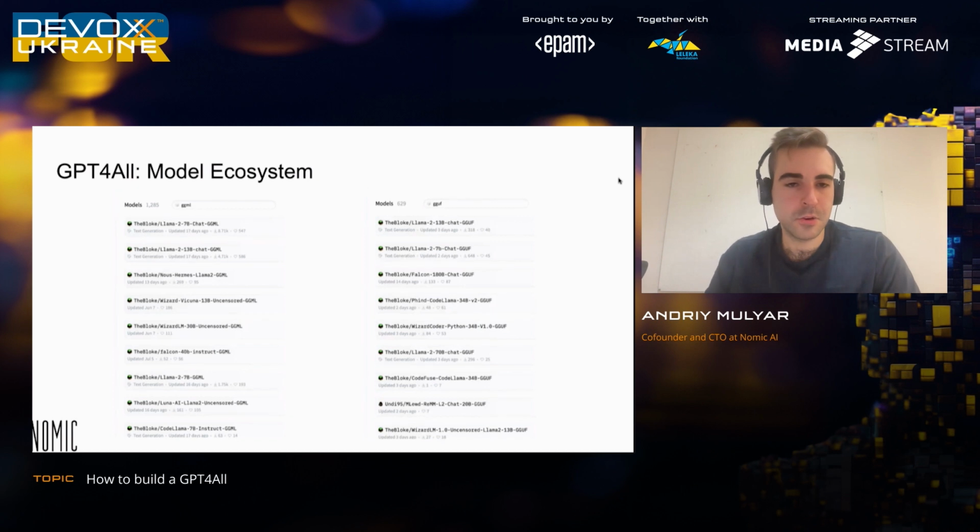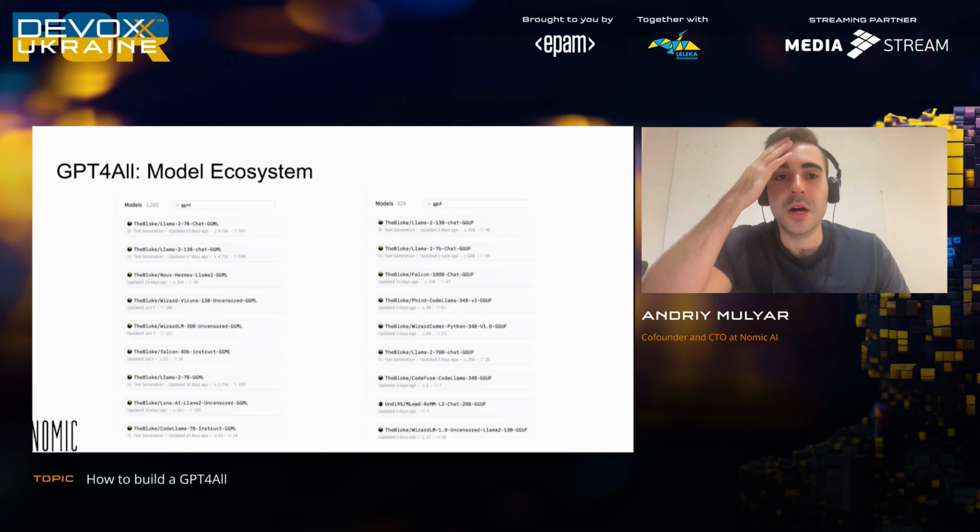And how many models can you use? Well, you can use roughly 2,000. Actually, this is a slide that I put together. I updated it yesterday. So anything that's built to support GGML or GGUF, these two tensor formats that allow for fast quantized CPU and GPU inference, any of these models you can download, drop into GPT4All, and then boom, you're playing around with a multi-billion parameter large language model on your maybe not top of the line laptop.